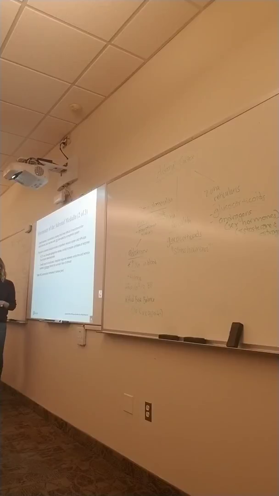In the adrenal medulla, we have that adrenal medulla drawn over here. It's the very center of our adrenal glands. This is where those neurohormones are released. These neurohormones are things that are activated by our sympathetic nervous system. So these are things like epinephrine. We talked about epinephrine before.